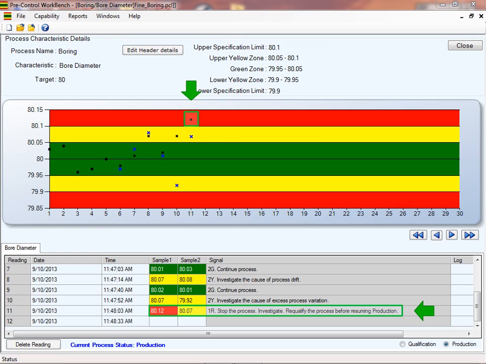Should one or both parts fall in the red zone, stop the process, investigate the reasons for non-conformance, and correct the process.